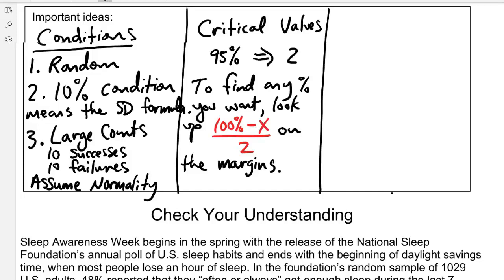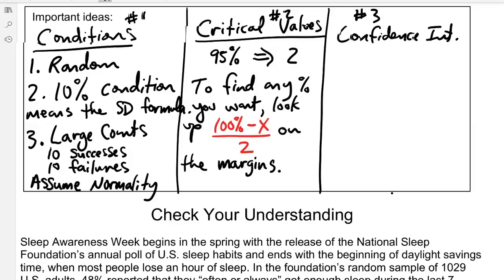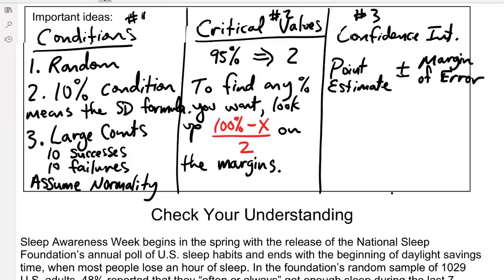Okay, number 3. So this is number 1, number 2, number 3. Confidence interval. So it's a point estimate, and a point estimate just simply means what did you get from your experiment, plus or minus a margin of error. Now, how did you get your margin of error? Well, margin of error comes from